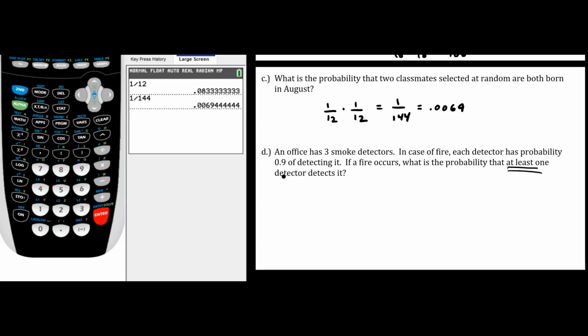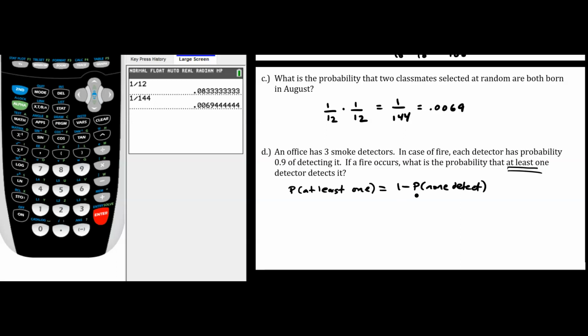events. Okay, so I think the number one thing we should do here is recognize that if we're finding the probability that at least one of these three smoke detectors detects the fire, then we're determining the probability that exactly one smoke detector detects it, exactly two, or exactly three, and that can be a really tricky problem to figure out. And so the number one thing to do to start this question is to use the idea of the complement and to say the probability of at least one detecting